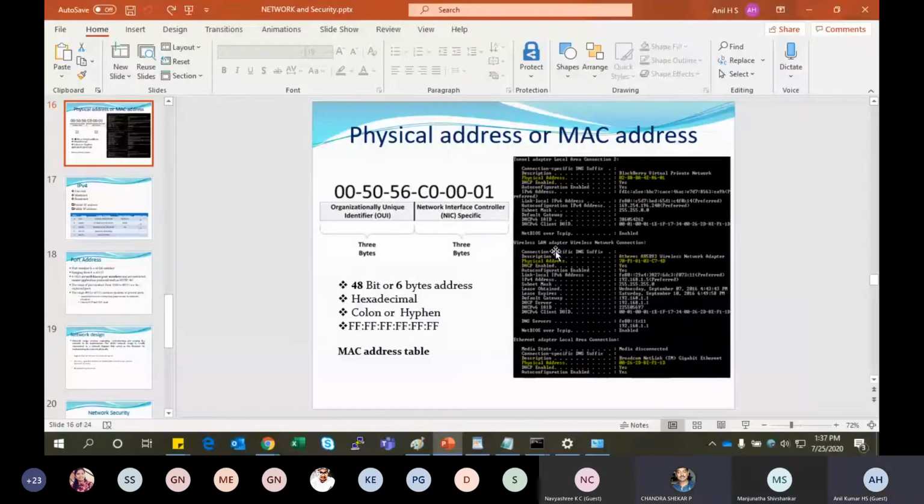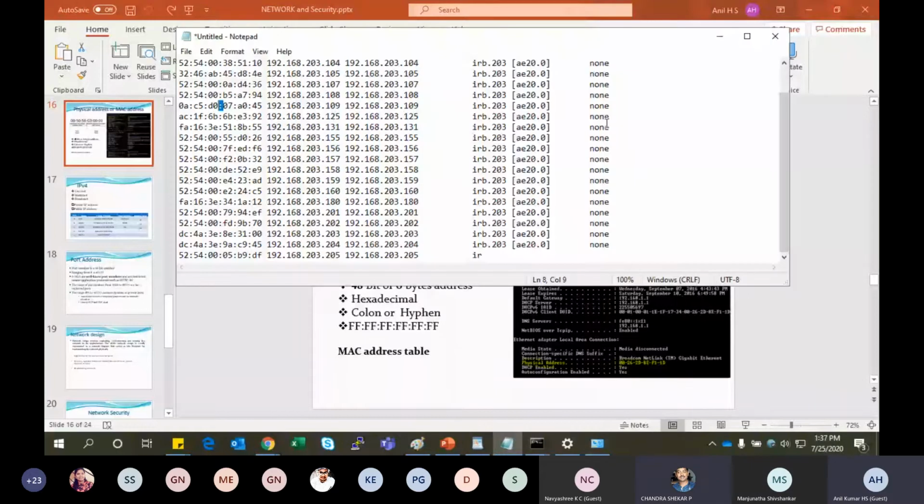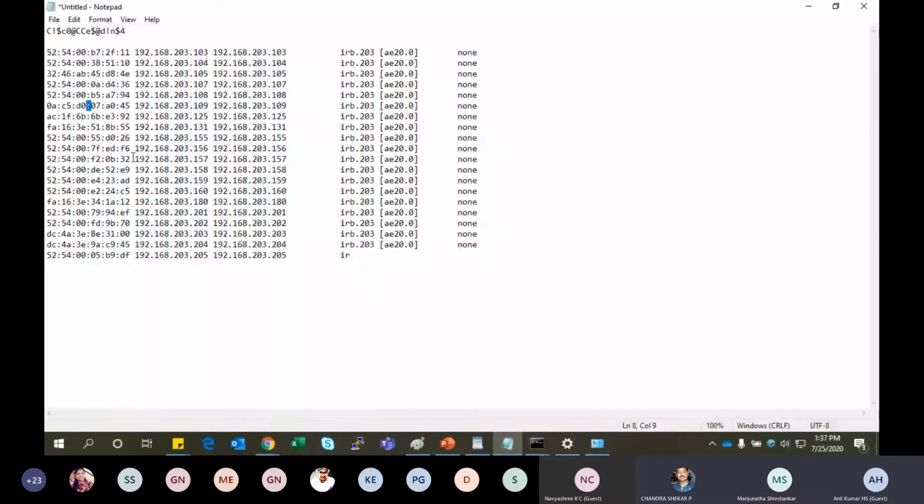No, no. If you connect a computer, this is the computer NIC card address. I showed it in the switch when I ran the ARP command, I think it is there in the text file. When the switch is learning that MAC address, it will put the complete bits. Even the switch also has some MAC address, and the switch MAC address is only used to identify the root bridge and any loop on that network.